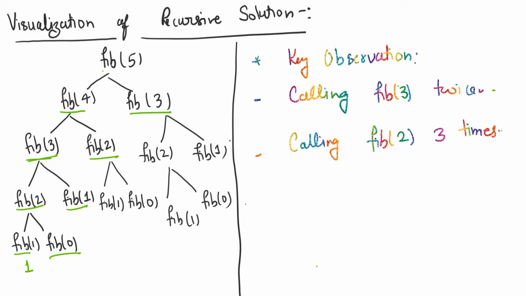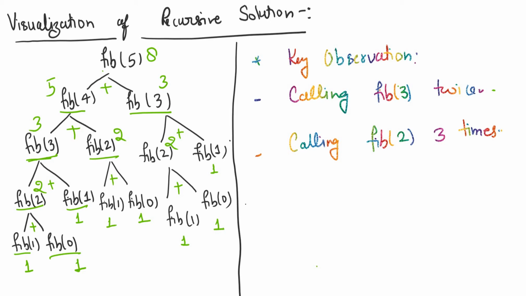Fibonacci 1 value is 1, Fibonacci 0 value is 1, and 1 plus 1 is 2, which means Fibonacci 2 is 2. Now Fibonacci 1 is also 1, and 2 plus 1 is 3, so Fibonacci 3 is 3. Here also 1 and 1, 1 plus 1 is 2, and 3 plus 2 here is 5. This is also 1, this is also 1, and 1 plus 1 here is 2. This is also 1, 2 plus 1 is 3, and 5 plus 3 here. So the value of Fibonacci 5 is 8.